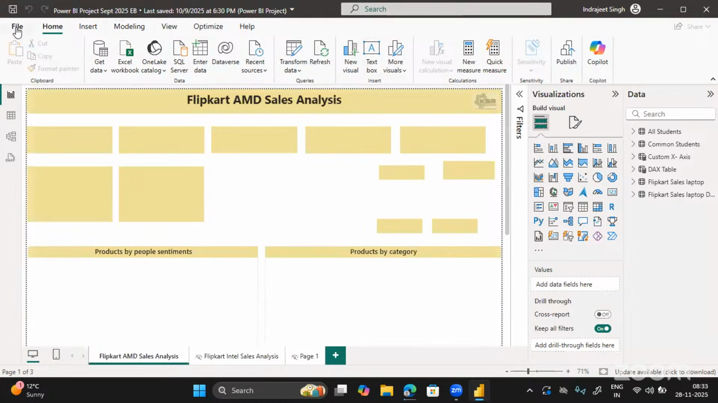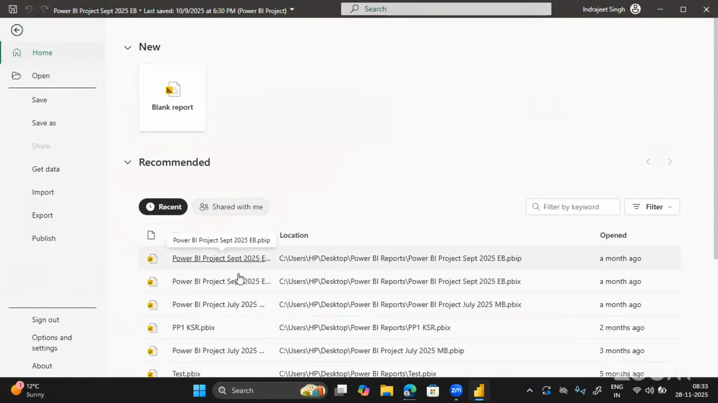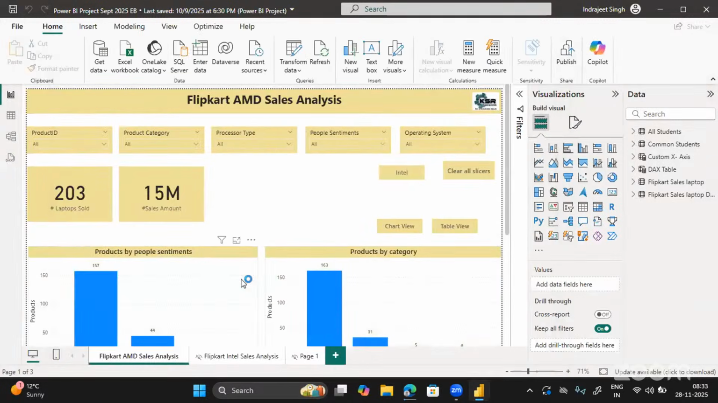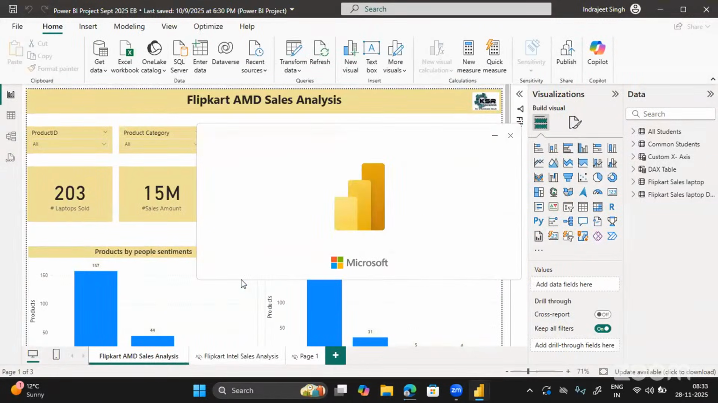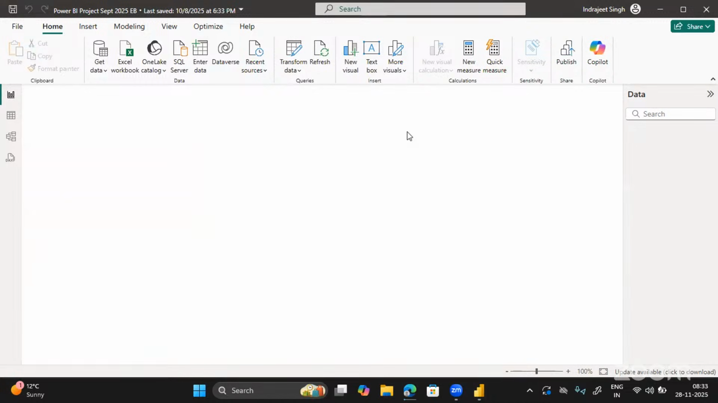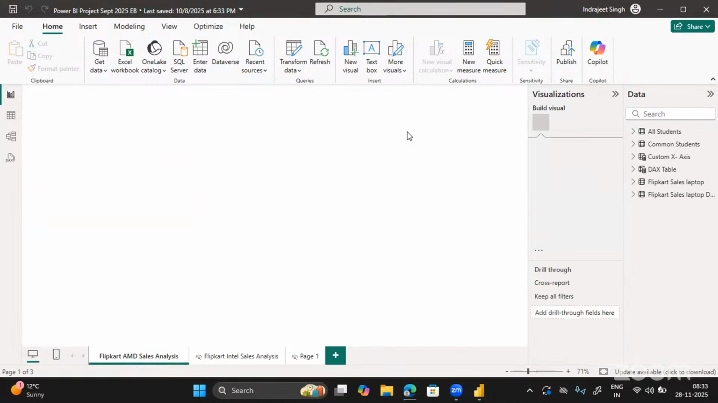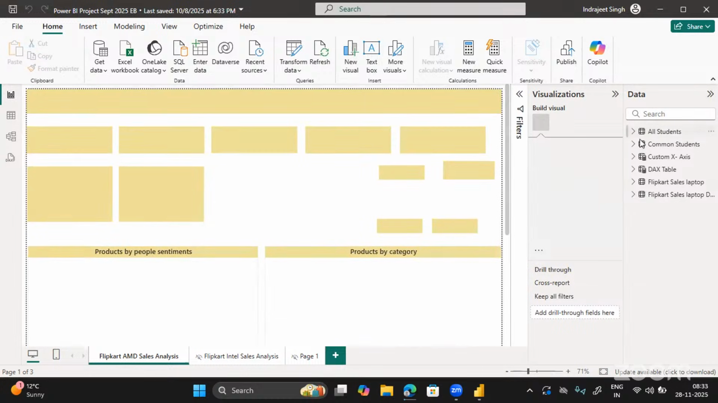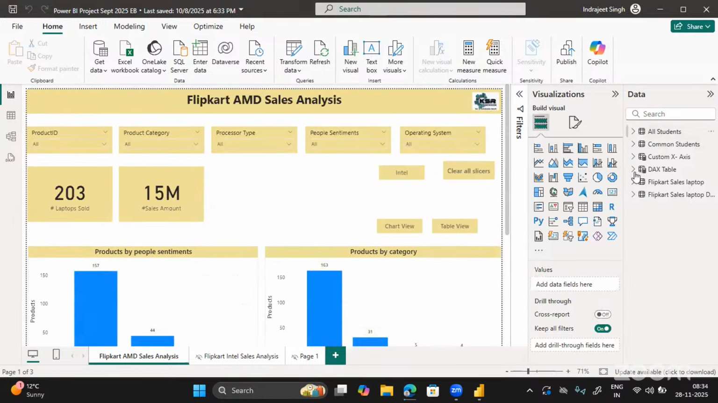Just a sec. PBIX file. So we will be creating a similar report like this in the class, okay? Let it open. Yes, here you go. So guys, in the data section, you will be able to see all the tables that we